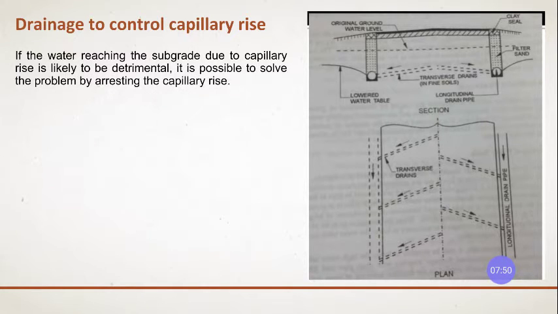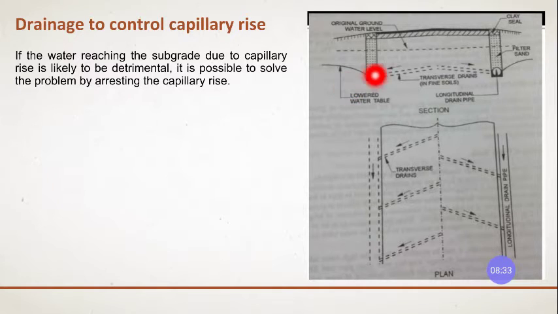It is the same thing, but here you are trying to control the capillary rise. What is capillary rise? It is when water tries to move upwards through the pores of the soil. So to avoid that, what are we going to do? We are going to do the same arrangement as we made in the previous subsoil high water rise drainage facility. Same thing, but here we are going to add something extra.